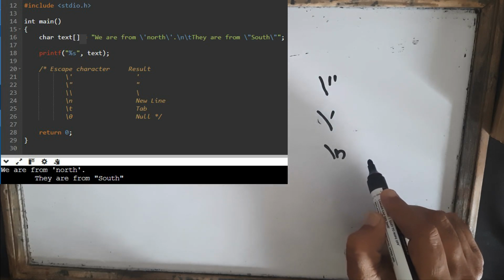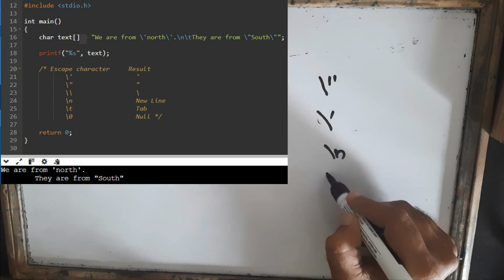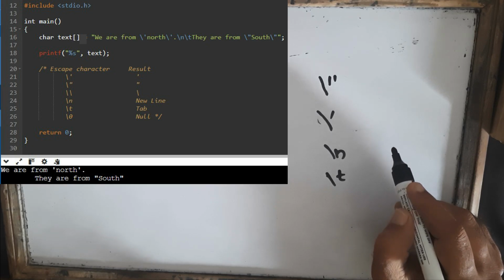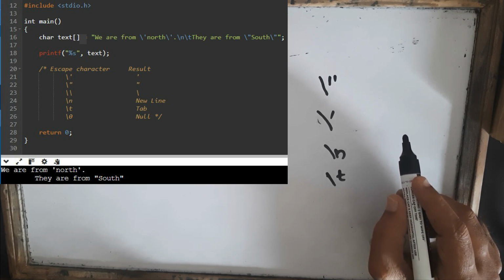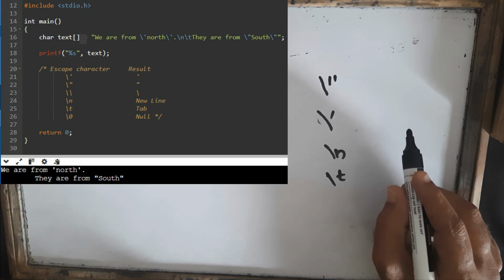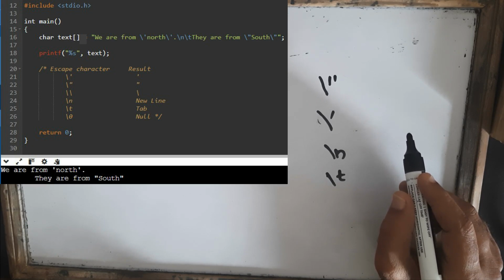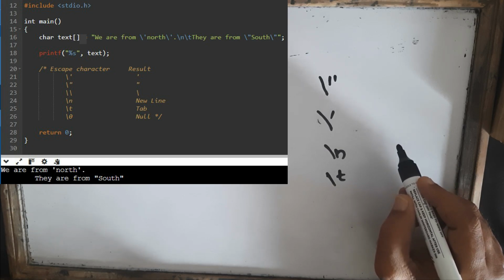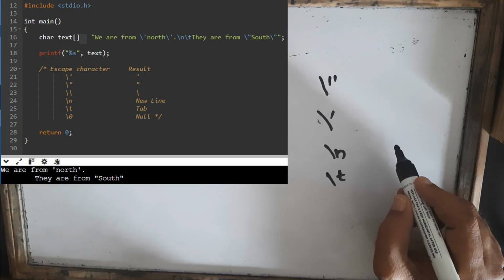The line feed will be given using backslash n, and backslash t is a tab. You can see in the example, the tab is given before the string. The backslash t is there, that means one tab is given, and before that one tab, this one line is there. After the north, you can see one line feed is available, and all the double quotation and single quotation marks are started with an escape character. So these are the escape characters you can use in the string, and also null, backslash 0, can be